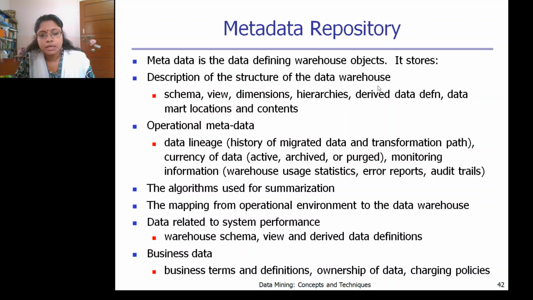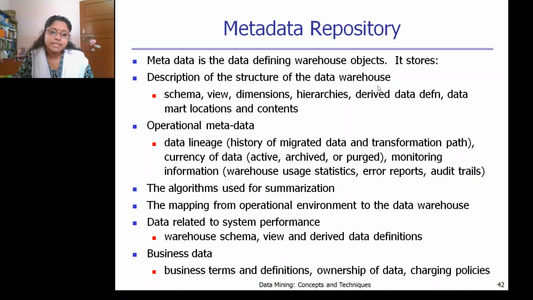That is, what type of data is there: either the data we are currently using, an active one, or archived, or deleted or purged data. And then finally the monitoring information, the warehouse statistics, error reports, audit trails, everything will be there in the metadata repository.